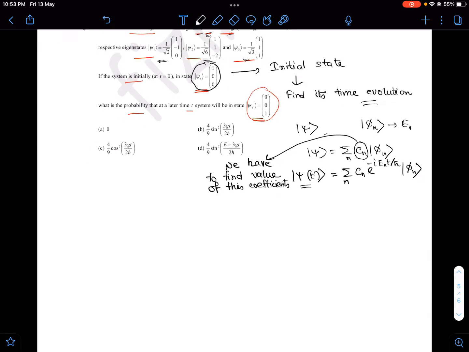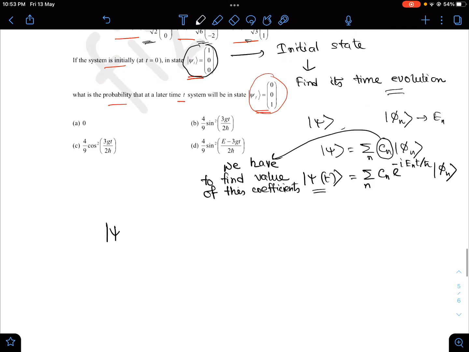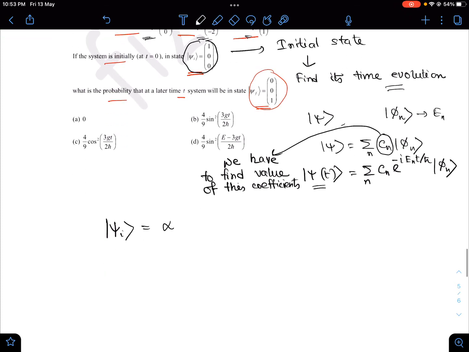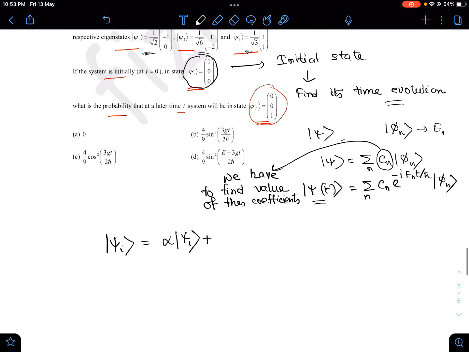We can write psi initial as alpha phi 1 plus beta psi 2 and gamma psi 3,